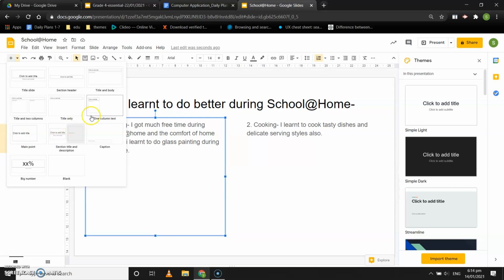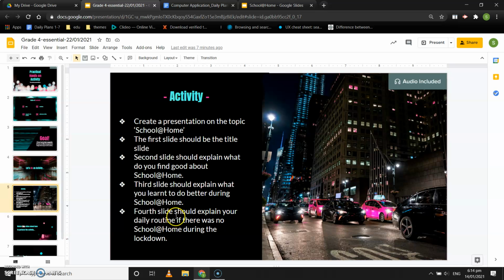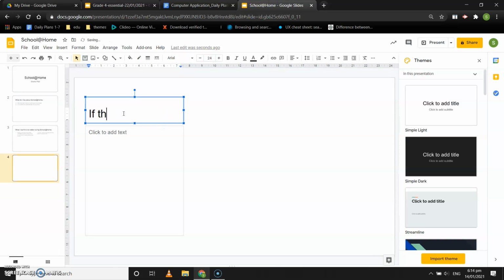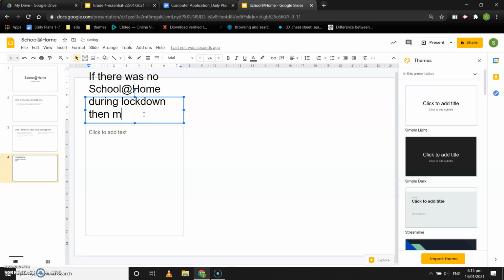So the fourth slide, let's see what the fourth slide should explain. Okay, the fourth slide should explain your daily routine if there was no school at home during lockdown. So suppose there was no school at home during lockdown, then my daily routine would be,